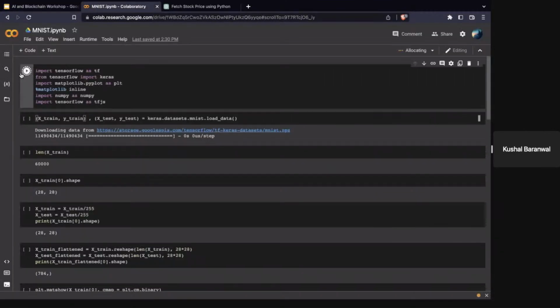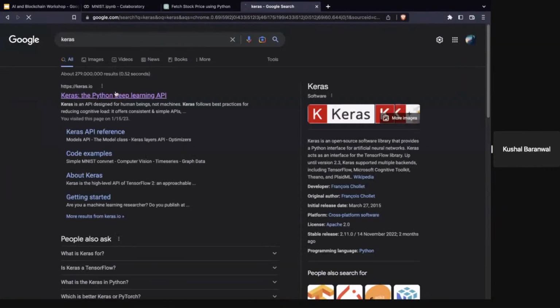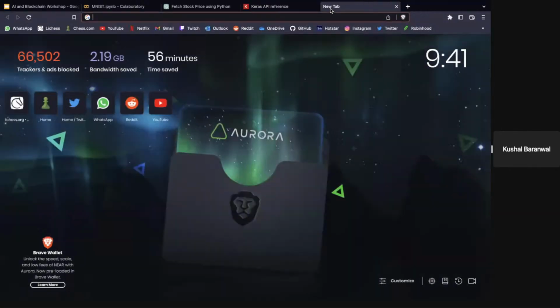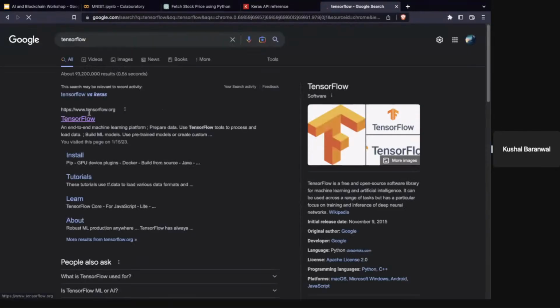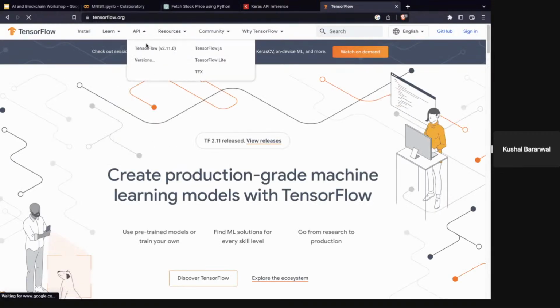Okay. So first, what you do is you import your libraries. Now, I'm sure you're familiar with some of these, like NumPy, Matplotlib, especially if you're into Python. But the ones that are really important for the machine learning part are two called TensorFlow and Keras. And if you want, you can look up the documentation. These are two of the most popular libraries used for machine learning, right? TensorFlow is actually Google backed, right? And they also have libraries like TensorFlow JS.